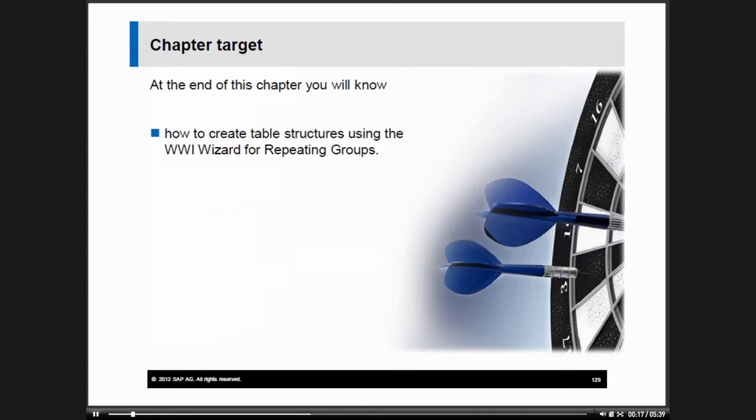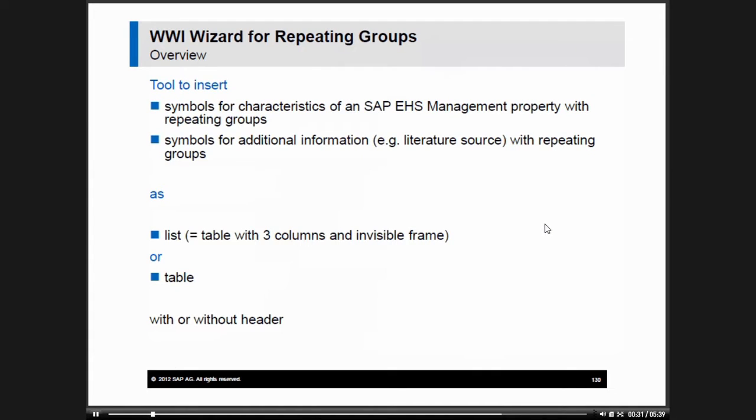At the end of this chapter, you will know how to create table structures using the WWI wizard for repeating groups. The WWI wizard for repeating groups is a tool to insert symbols for characteristics of an SAP EHS management property